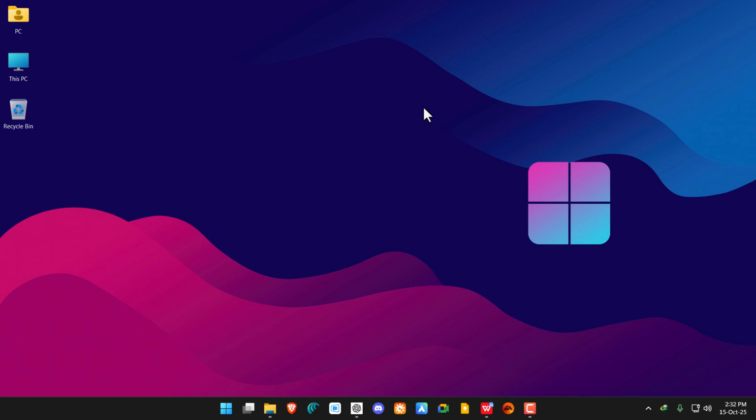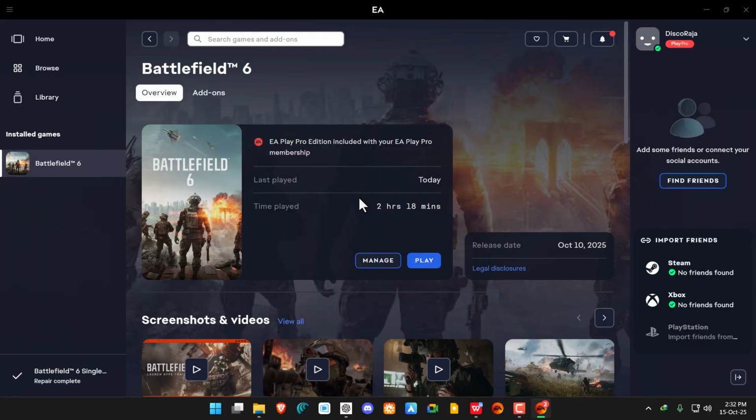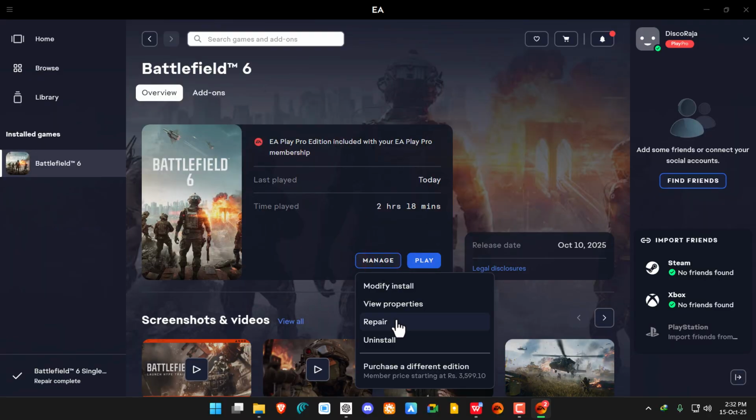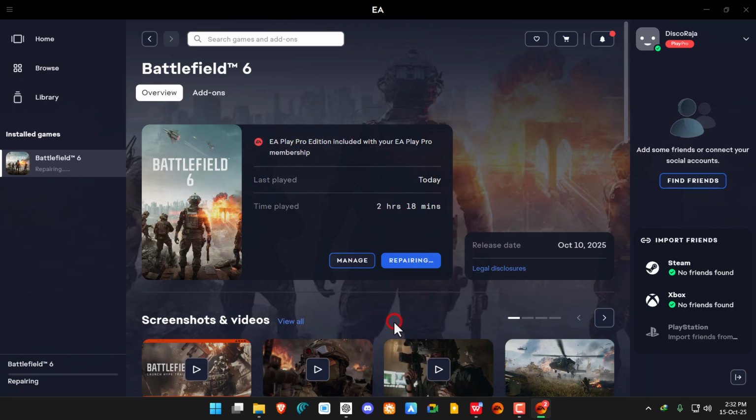If your Battlefield 6 game is crashing, the problem could be coming from corrupted or missing game files. To fix that, we need to come up here to the EA launcher and launch it. To repair the corrupted game files, we will click on this Manage button, and here you can see this Repair button. So select that, and what it's doing now is scanning all the game files